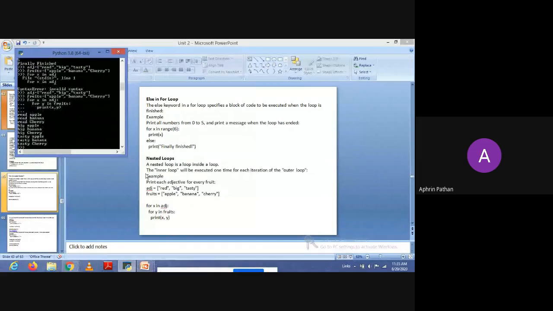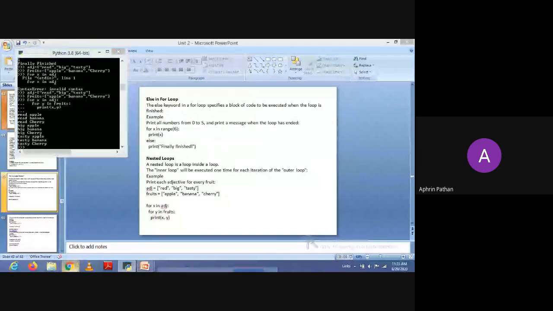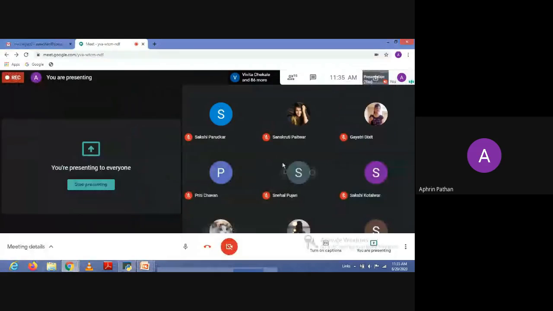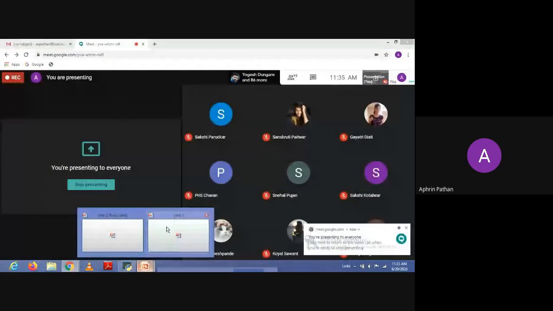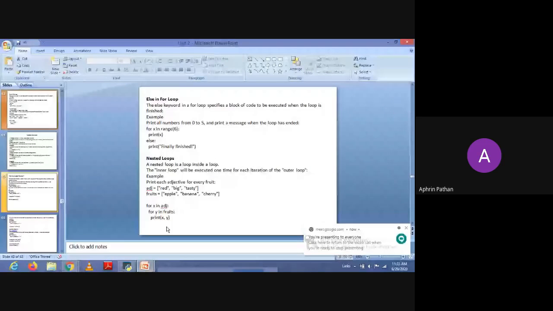Okay, so red is apple, red is banana, red is cherry, big is apple, big is banana, big is cherry, and tasty is apple, tasty is banana, and tasty is cherry. Okay, so that will be printed. Nested loops